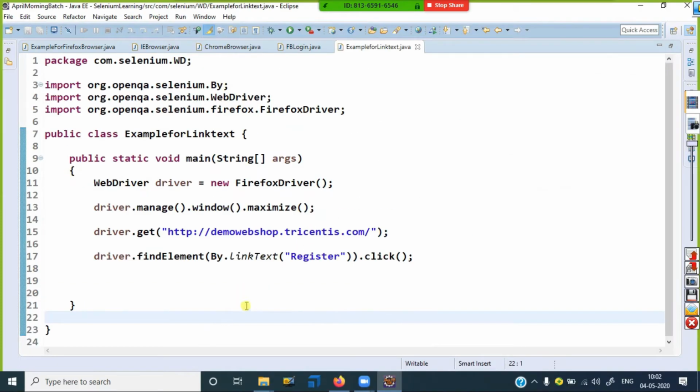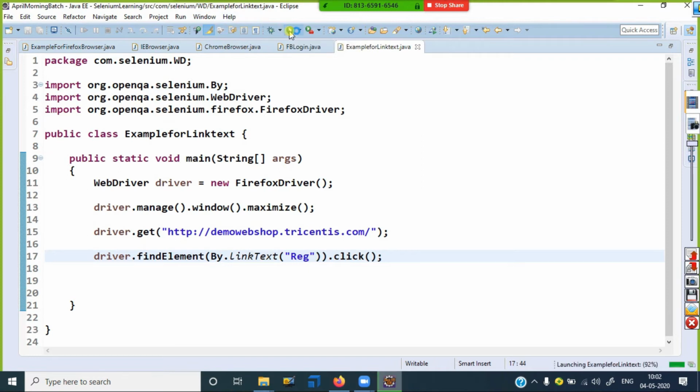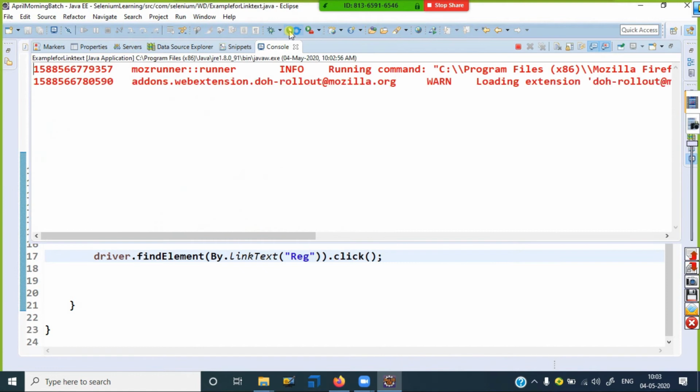Okay, one more thing. Can I give it like this? Is it identifying or not identifying? Observe. Only that link has the text register, but I am giving REG. Then can it identify? See, it will throw the error.